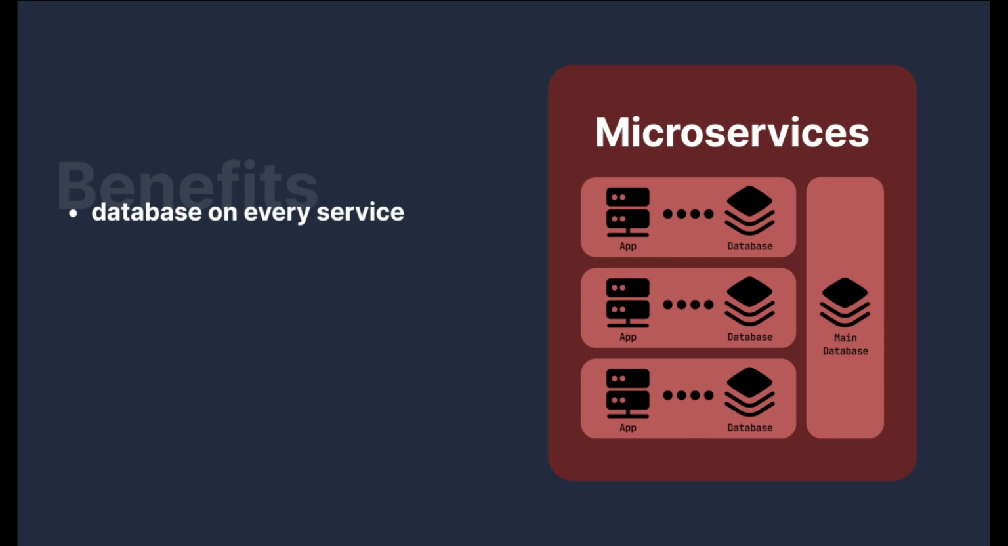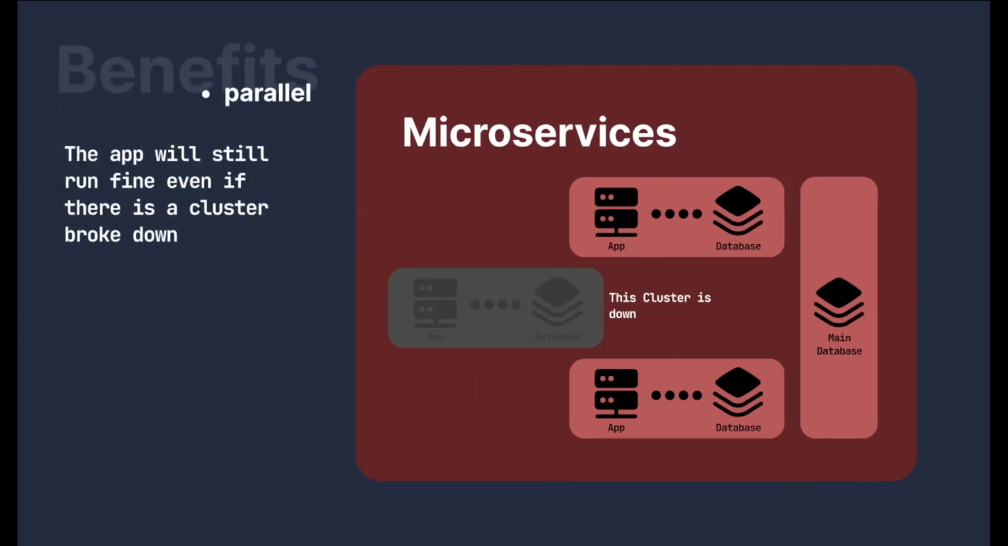The benefits were, one, the database on every service, which means that if you lose your main database, you're not going to lose your whole application. And even if you lose one application, you're not going to lose your whole database, which makes it very reliable. The next one is that microservices are a parallel structure, because once you have a down cluster, it's not going to affect any of your functions. The app would still run fine even when a cluster breaks down, which makes it very reliable to use,